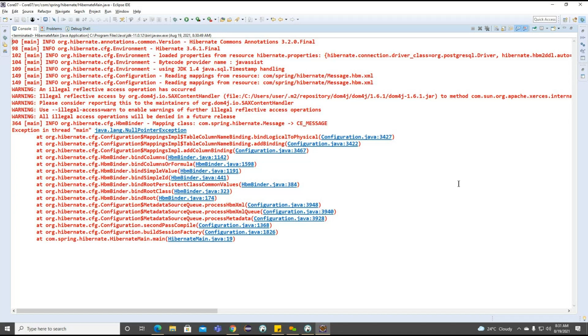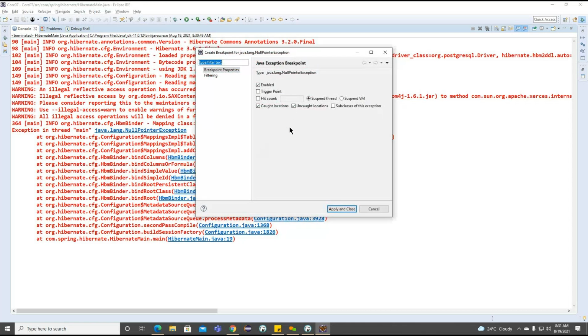Somewhere we are getting a null pointer exception. Binding logical to physical. Okay, some table column binding we are getting an exception here.